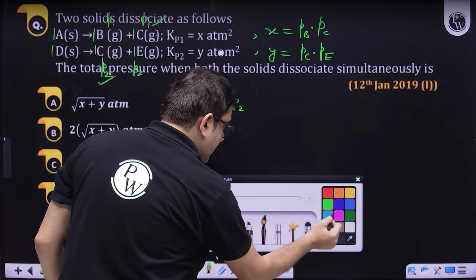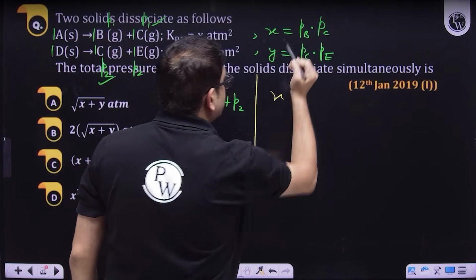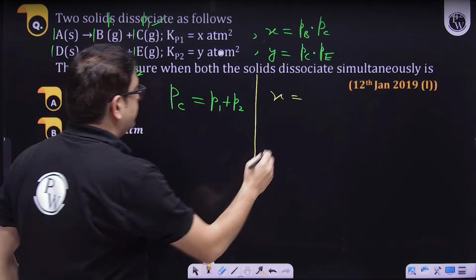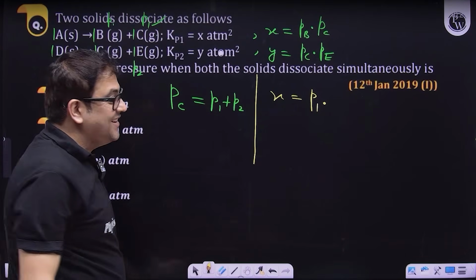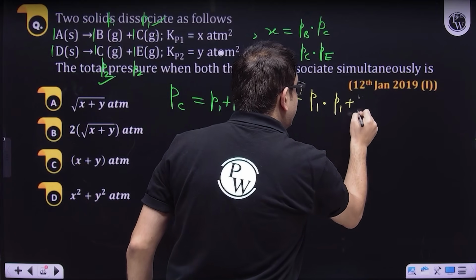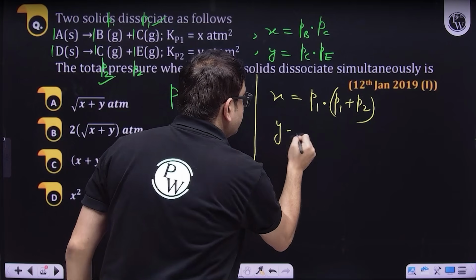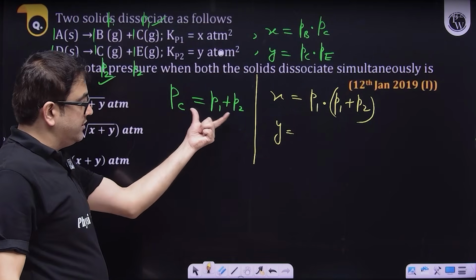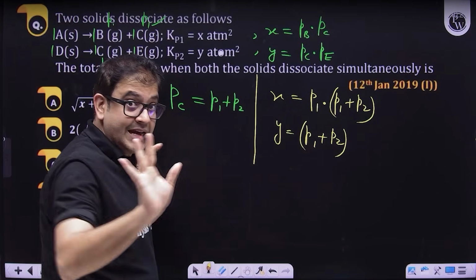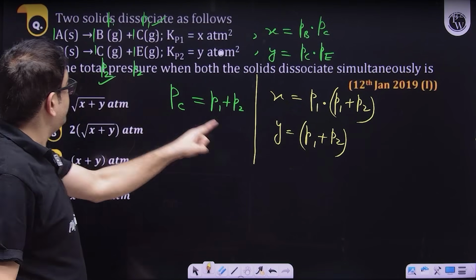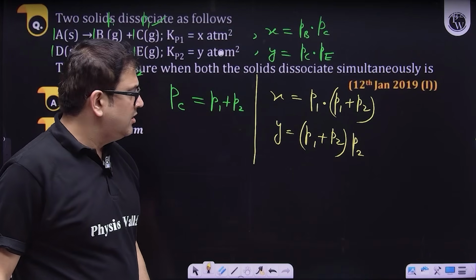So from the above data, you can see X equals, what is partial pressure of B? Sir, P1 into, what is partial pressure of C? The simultaneous pressure, sir. That is P1 plus P2. Can you tell me what is Y? Yes, sir. What is it? Partial pressure of C? So this P1 plus P2 at equilibrium. These are equilibrium pressures, right? Partial pressure of E, sir, P2. Done. But sir,